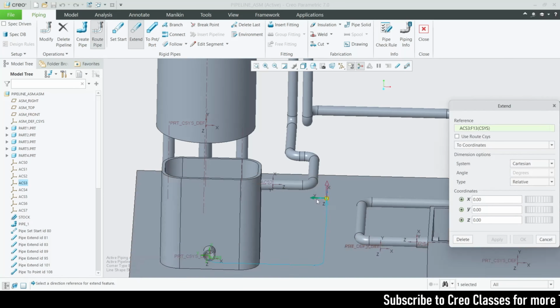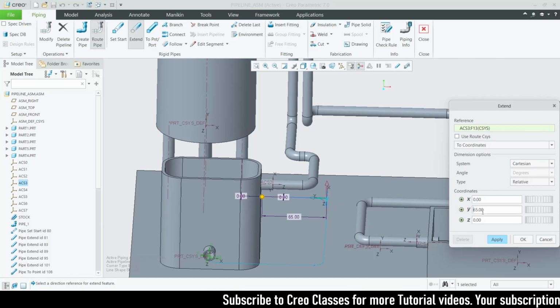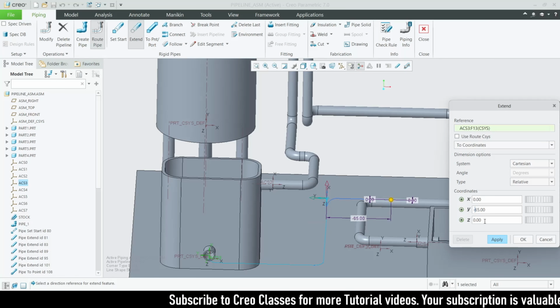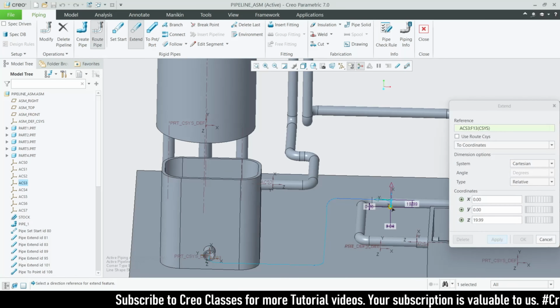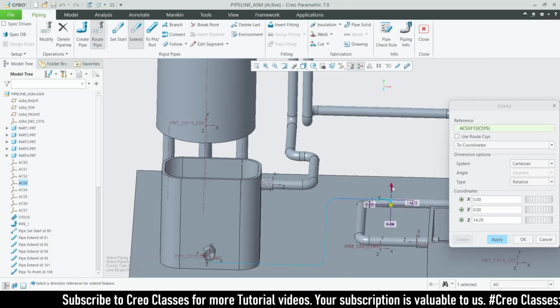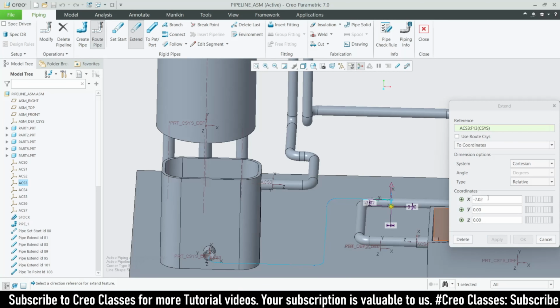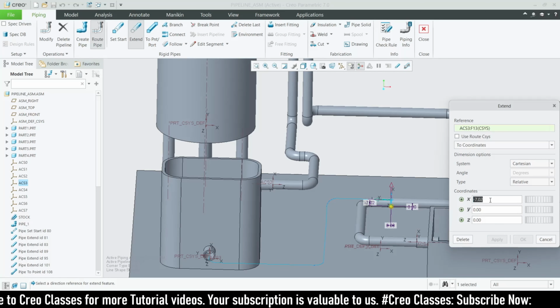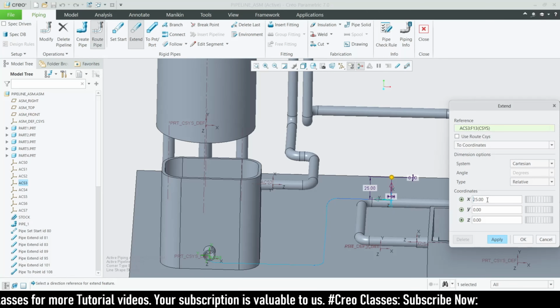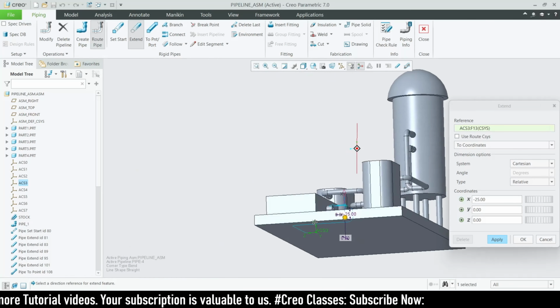Apply. This side, the value of minus 65. Apply. And towards downwards, to a value of minus 25, and then